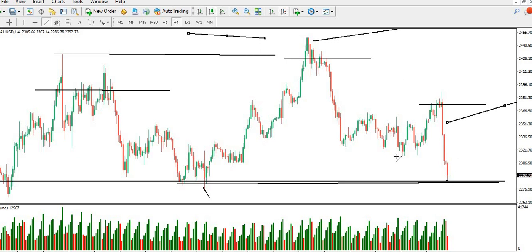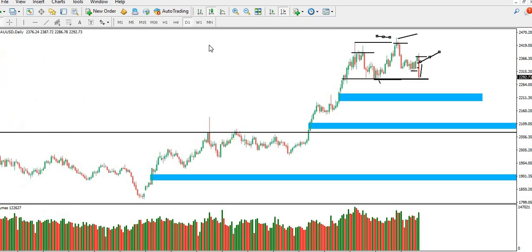The market took liquidity from these lows. Now the market will need to go a little to the upside to fill the gaps that are left open, the fair value gaps, this gap and this gap. After filling these gaps, the market can continue its downward movement,